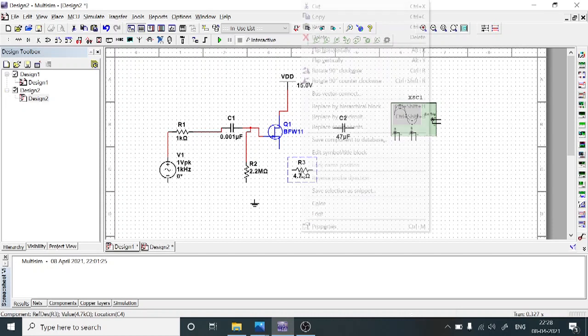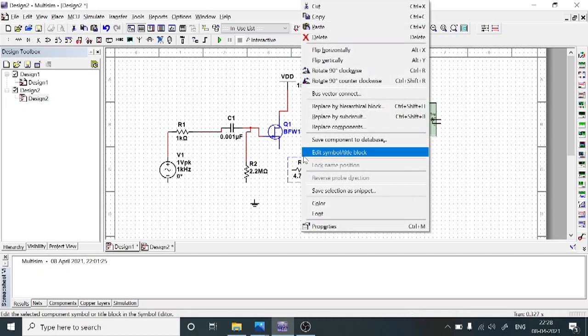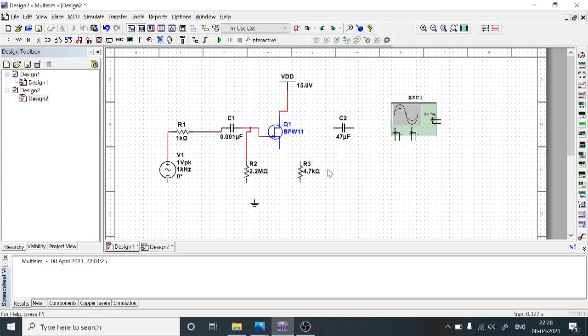And across the source, now we are going to connect the 4.7 kilo ohms. First I am rotating this 4.7 kilo ohms, then I adjust it to the source terminal. Then we need to make the connections from source to 4.7 kilo ohms. In a common drain, the input is passed through the gate terminal and the output is measured across the source terminal. That is the reason this is the source terminal. Across the source terminal, we are going to observe the output response.